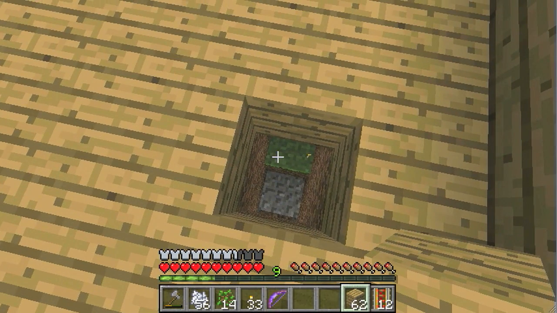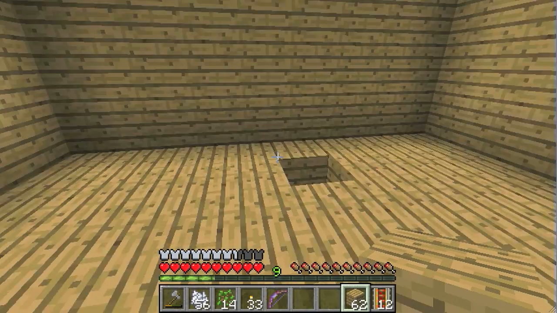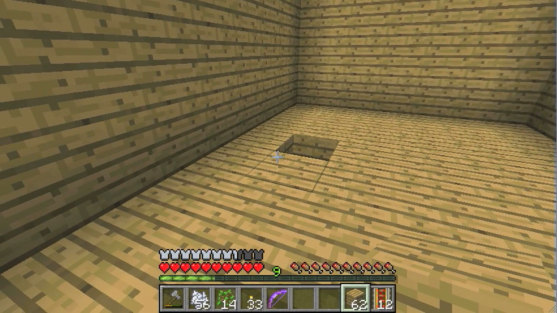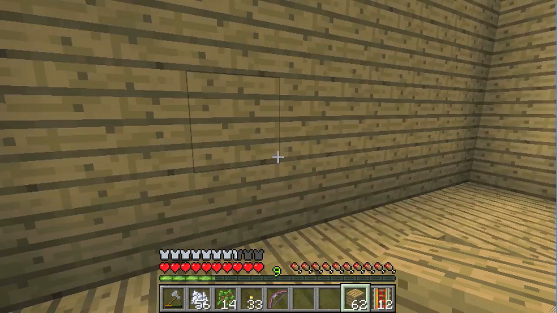Either that, or I can build the entrance over there into the... you know, I should build the entrance in the other room. So I'm just going to leave that open for now, but I'm going to make it look more aesthetically appealing later on. Just going to have it open for...